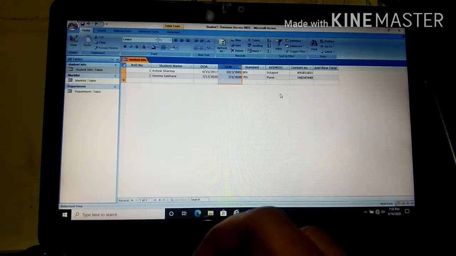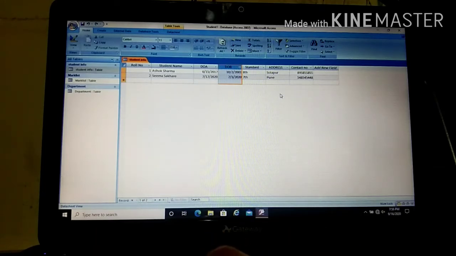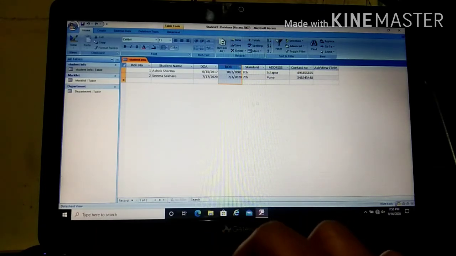Can you see that? Now next is moving through records. Now these are two records, so you can see it that there is no problem. Suppose there are hundreds of records and you want to search the information in that records. So what you can do here, if you can see, the record option is there.